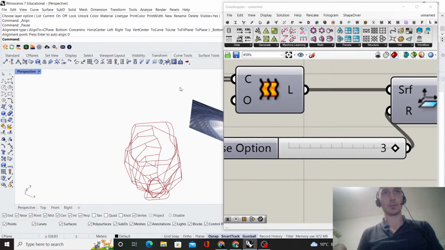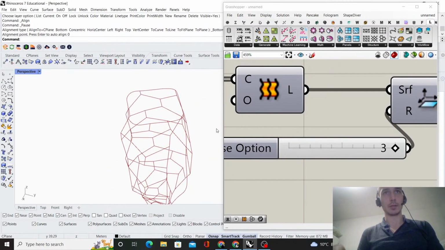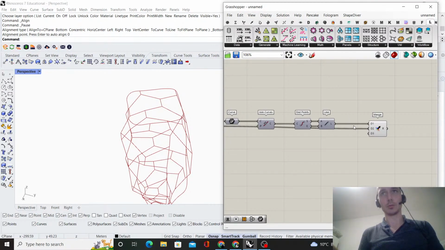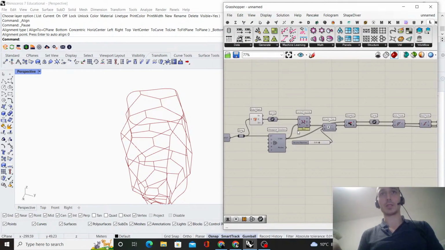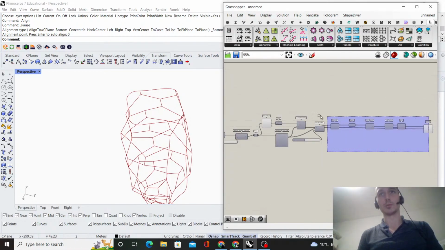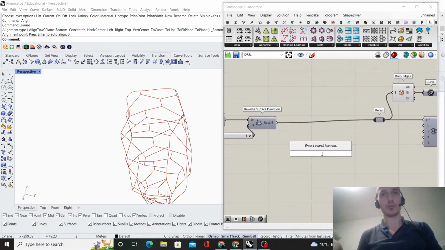But here we get this problem, because in this case we don't need to do this operation, we need to do something different. So I would say the best idea would be to add a stream filter